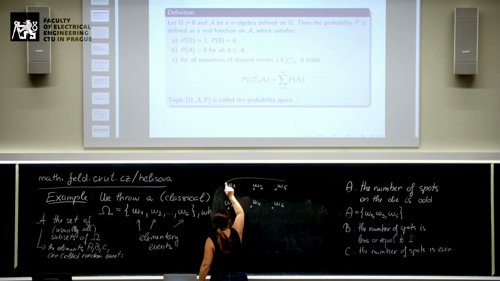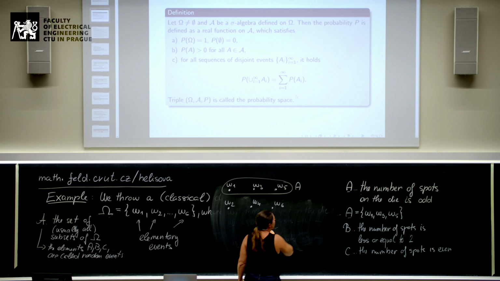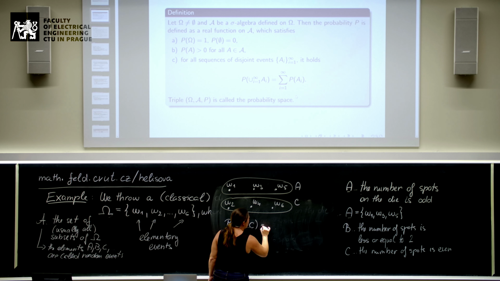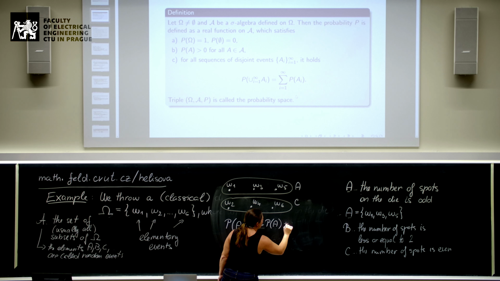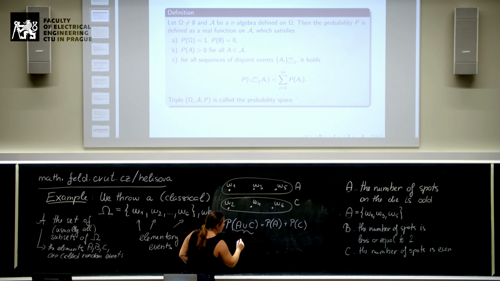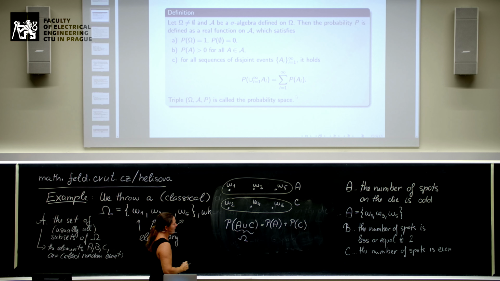then here we have the event A. Here we have the event C, and the probability of the union of A and C is calculated as the probability of A plus the probability of C. And, okay, we didn't speak about the concrete values, but in fact, this union is the whole set, the set of all elementary events, so the probability should be equal to 1,